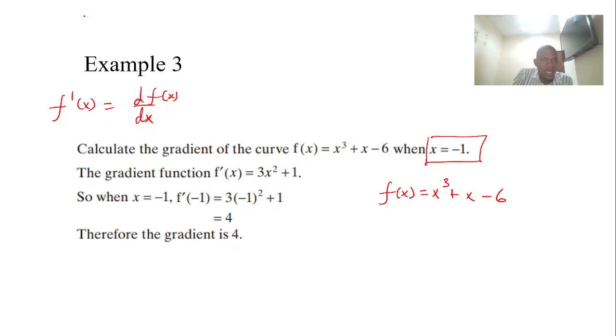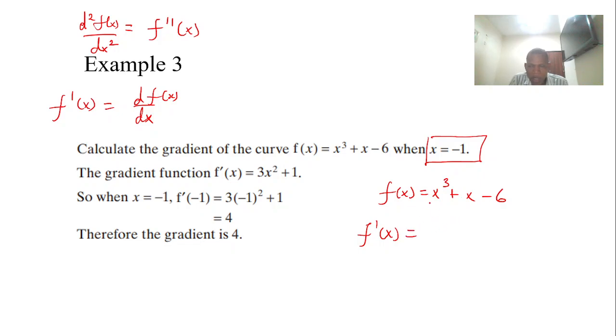Okay, now the second derivative, d squared f of x over dx squared, the second derivative of f of x, is written as f prime prime of x. So now basically I'm saying that the first derivative of f of x is also the same thing as f prime. Okay, so if I write f prime of x,